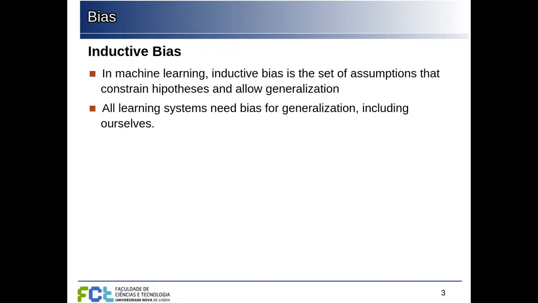Because if we don't assume anything that can constrain the model we are creating, for example, using a linear classifier, using a network with some particular architecture, regularization, things like that, we cannot really generalize from the data that we have to new examples. So all learning systems need this kind of bias of having these assumptions and these restrictions